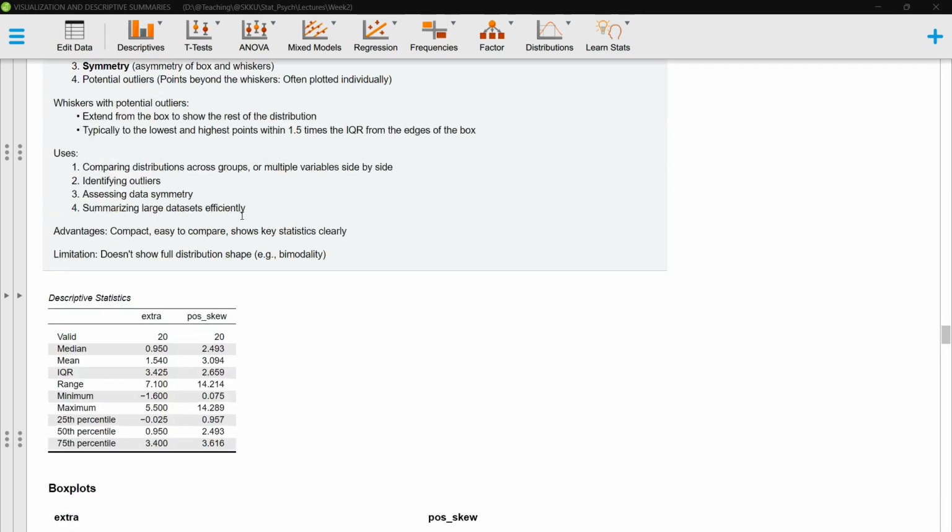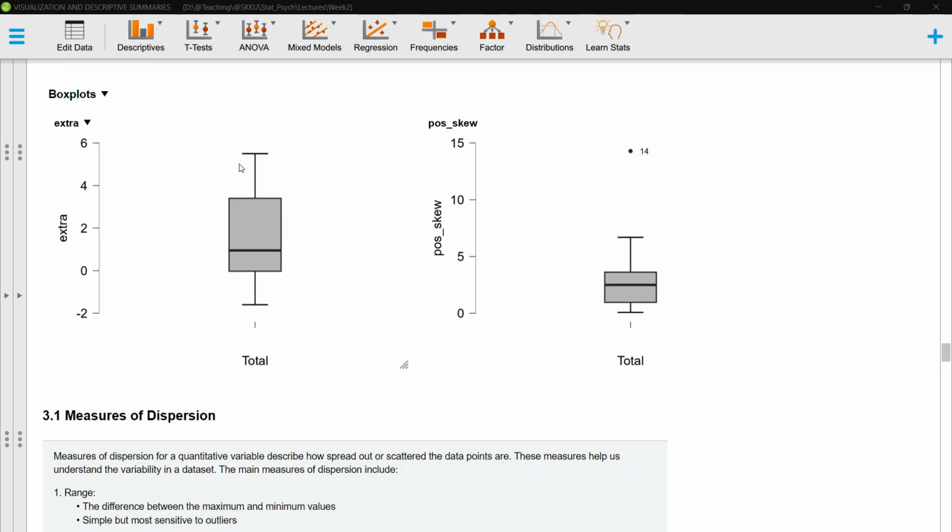So let's look at this box plot here. We have 5 values represented by this plot. We have the box in the middle, and this is the first and the third quartile, and this thick line represents the median, the second quartile, and this is the minimum and the maximum value.